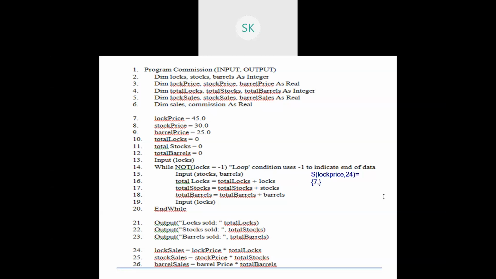After that, the next thing is stock price and barrel price is of no use for me. Total logs, yes, it should be taken into consideration. There is some importance given for it because total logs is very important. That is the next variable that I have given with respect to calculating the log size. So that's why I need to include it. Followed by, I need to go with taking the input from the logs, followed by 14th node will be executed. Why? Because it's a while loop. You need to just enter that particular while loop and calculate the total log separately and come out of that particular thing. Then only your log sales and all those things will be contributed. So for that reason, I need to just enter.